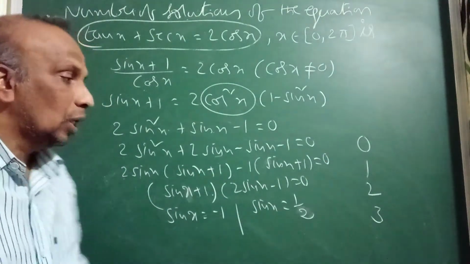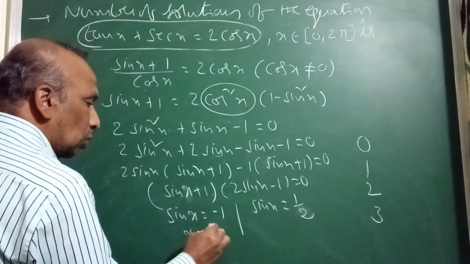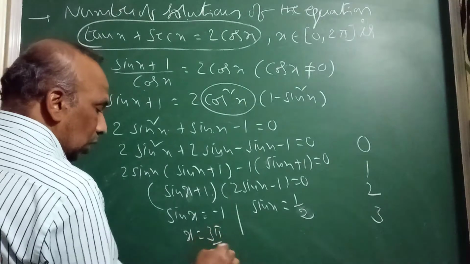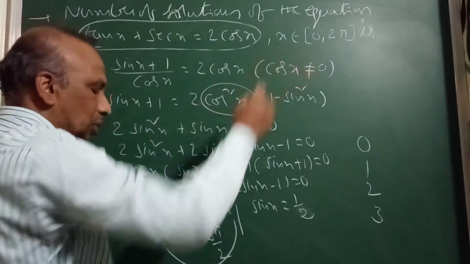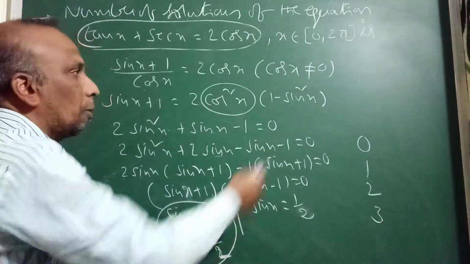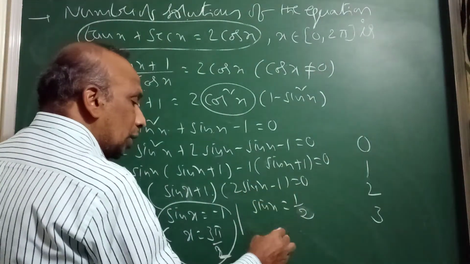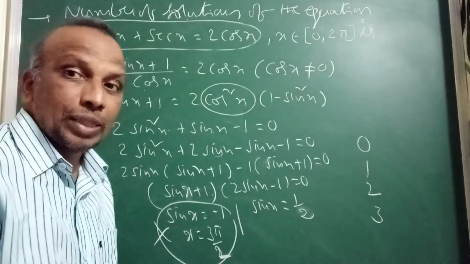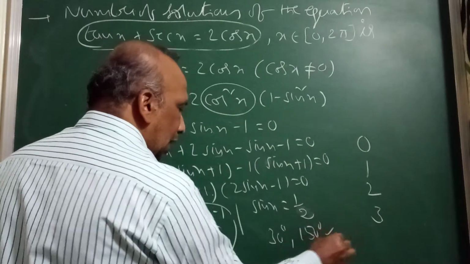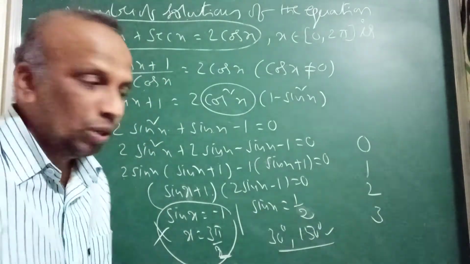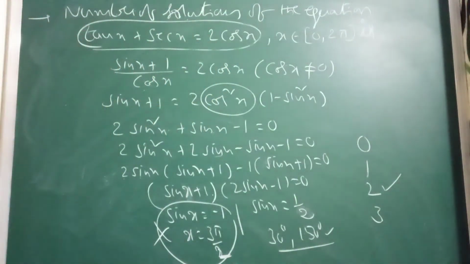That is not right. You mentioned here cos x not equal to 0. Definitely here you will get x equal to 270 degrees, 3 pi by 2, but I should not consider this, the reason being cos x not equal to 0. Since cos x is not equal to 0, I should not consider this. Only this one, sin x equal to 1 by 2. This is positive, so here we will get two values, right? Sin 30 and 150 you will get. So you will get 30 degrees and 150 degrees. At these two values, sin will be 1 by 2. So two values you will get. So your answer is 2. The number of solutions is equal to 2.